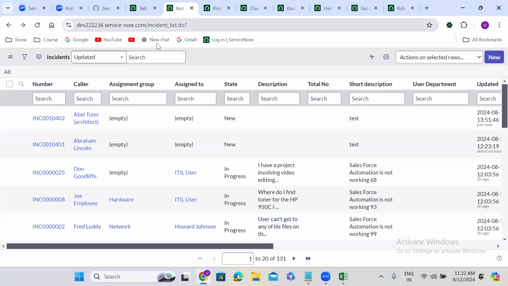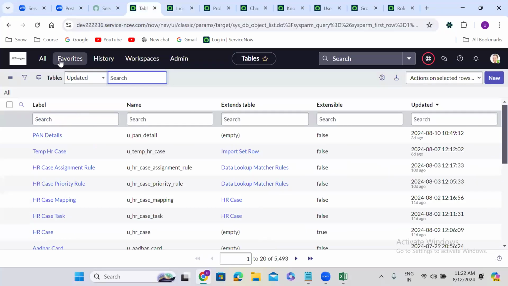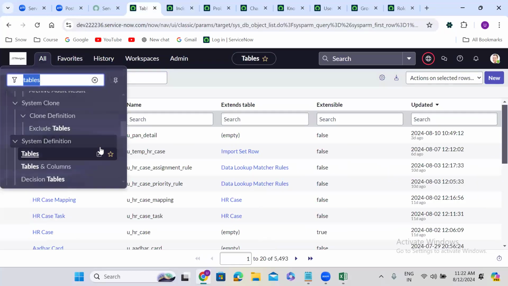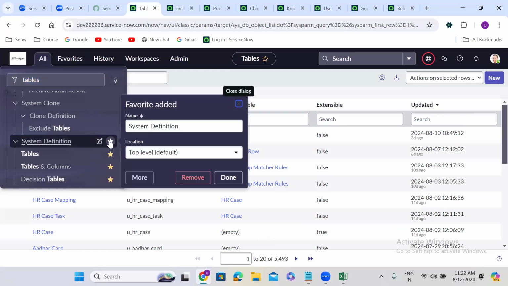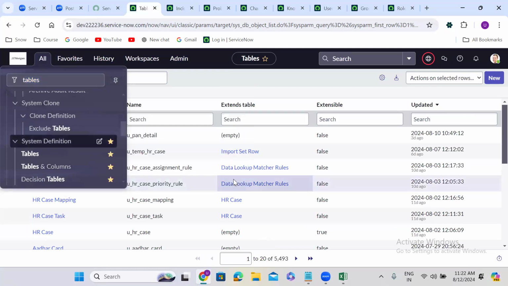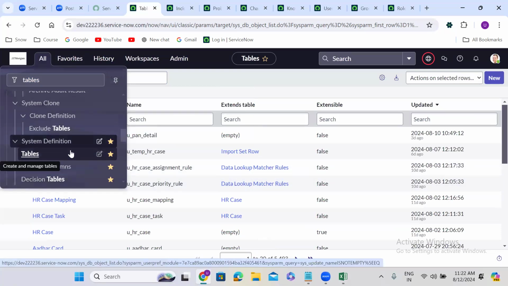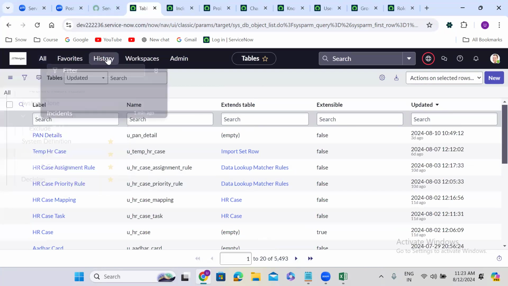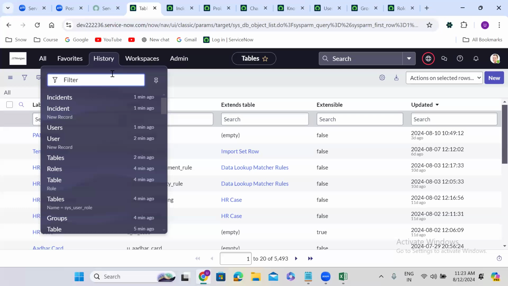So here, if you go to the application navigator, you mark one as favorite. Let us say I'm making system definition a favorite. All these favorites will be stored separately in a separate table. History will also be stored separately in a table. So to see the history,